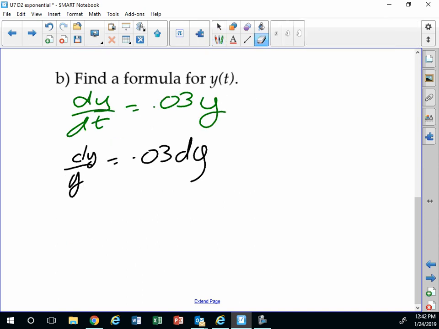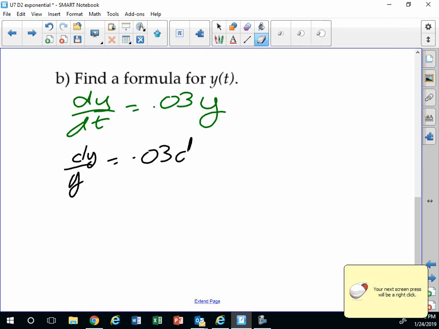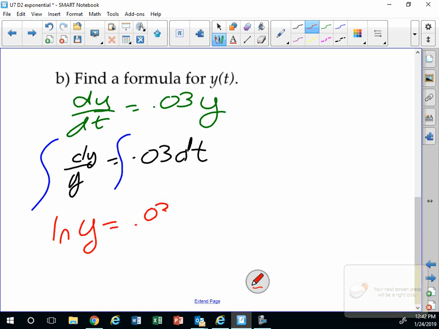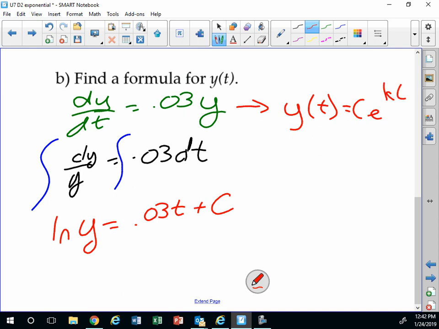Now, do you have to show me all of this, or can you just go from here to y of t equals ce to the kt, and then write y of t equals